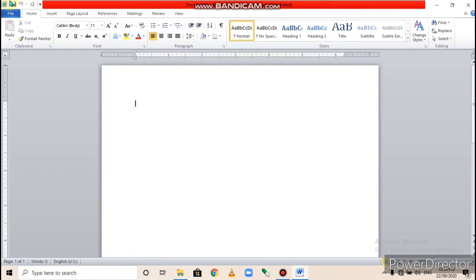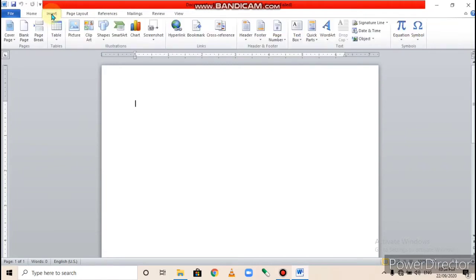How do we insert a shape? What is the path to insert a shape? Page number 68, inserting shapes. To insert any shape, follow the given steps. The first step is to click on the insert tab. After that, click on the down arrow next to the shape option under the illustration group.